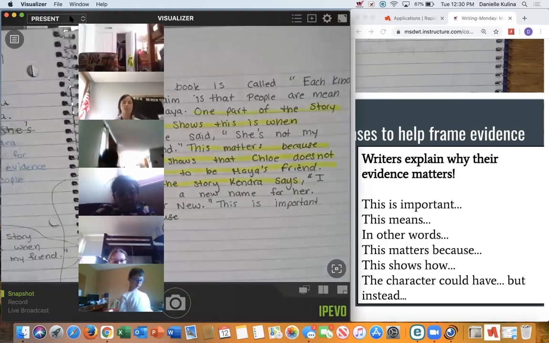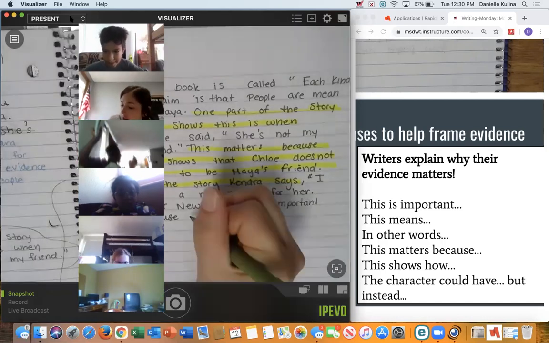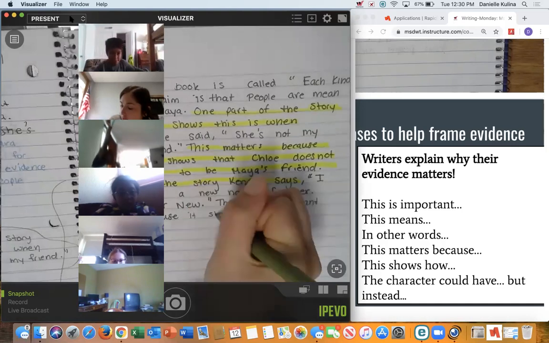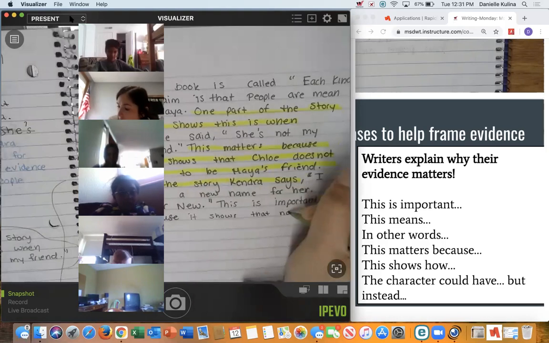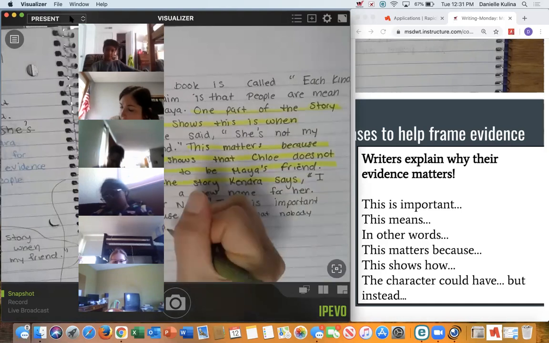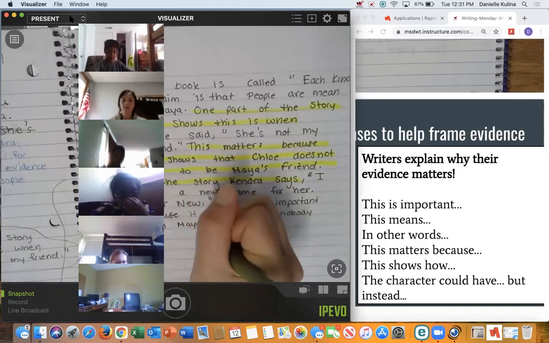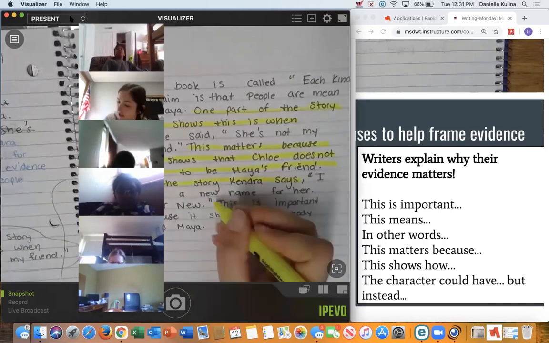This quote is important because this shows that nobody likes Maya. Good, perfect, because it shows that nobody likes Maya. All right, I'll leave that up for a minute. I'll give you guys a few minutes to copy this down, okay? And I'm going to highlight this because this is